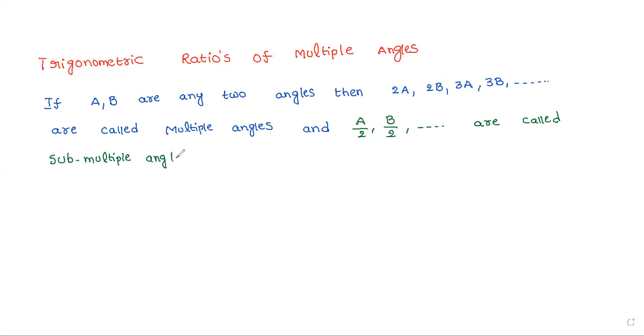Okay, formulas. Okay, first one, very important. Both sides should be written here, formulas. Sin 2a is equal to